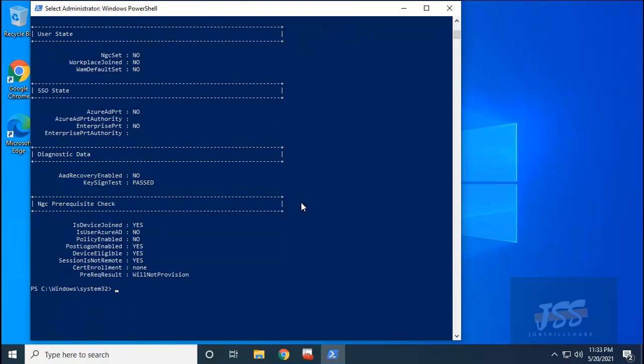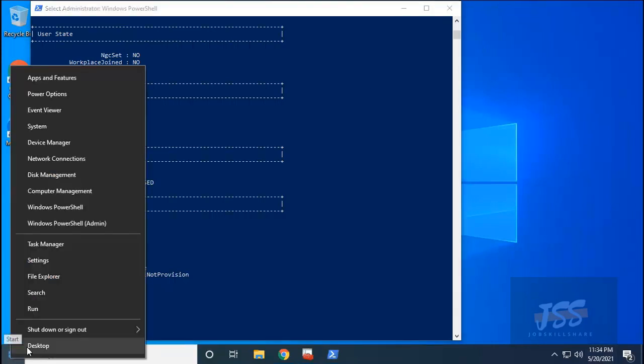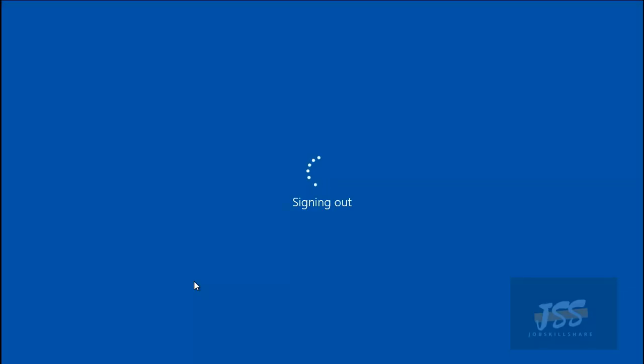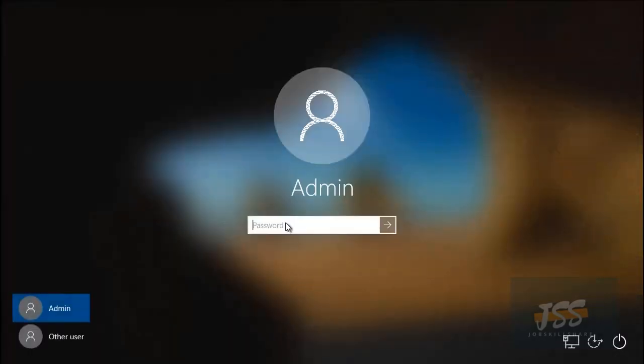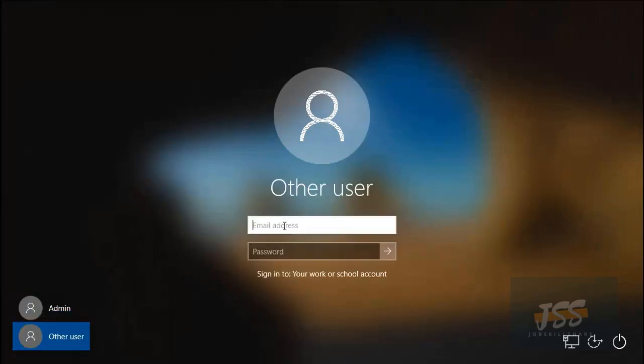So we are totally sure and have totally validated the whole process, the whole configuration, and it is working successfully. So now let's log into that specific account that we used to join this machine to Azure. So simply right click to sign out from your local account, and then double click here and go to the other user and type here